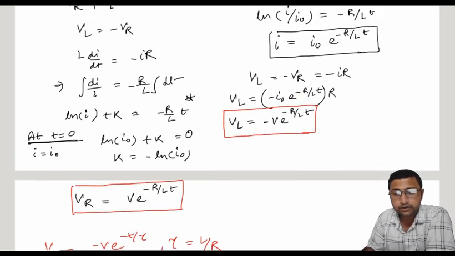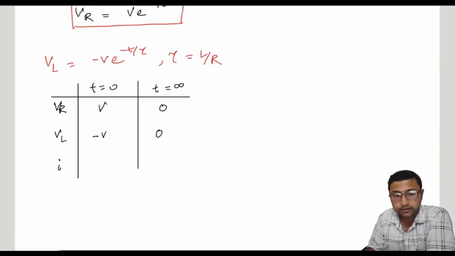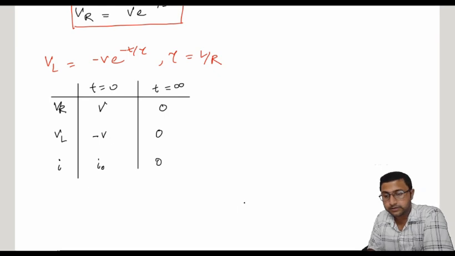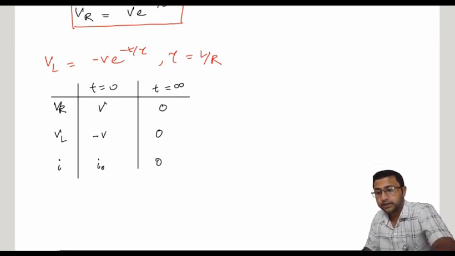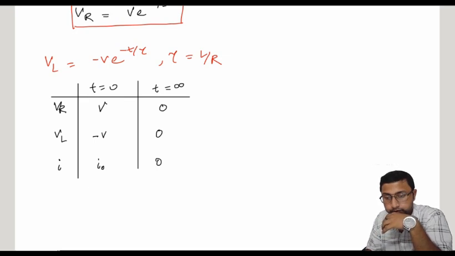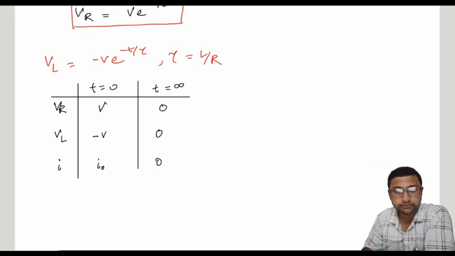So at t equal to 0, I equals I0, and at t equal to infinity, I equals 0. So it is I0 and it is 0. Okay, so this is the table. So now if we plot the graph,